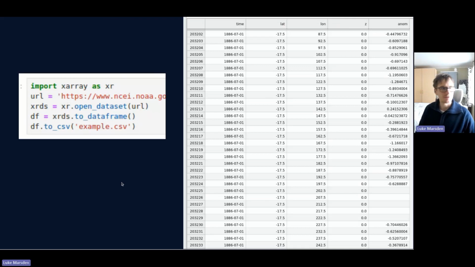People often say to me, who are less familiar with netCDF files, why are you making this hard for us? Why can't we just have a CSV file? I tell them, well, if you get a CSV file, you're going to have to spend time working out what every single CSV file means, because they're all different. If you learn to do one netCDF file and how to understand that, then you can understand all netCDF files, and you don't even have to download the data into netCDF files if you don't want to.